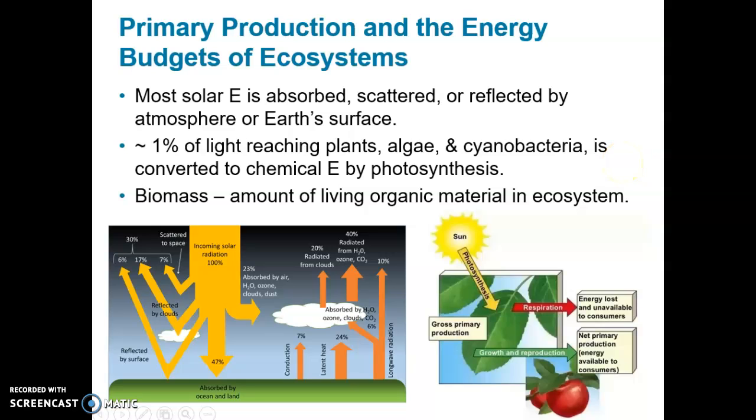And to complete that last bit, biomass, biological material, is the amount of living organic material in an ecosystem. So again, as photosynthetic organisms build biological material and they grow, that material is biomass. The organisms that consume the photosynthetic organisms, all the consumers, as they grow and they have tissue, etc., that's all biomass. So, the amount of living organic material in an ecosystem.